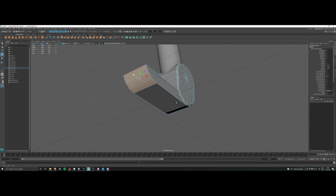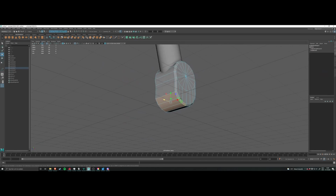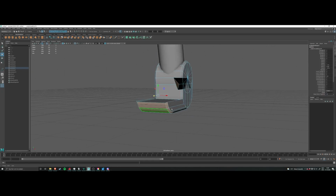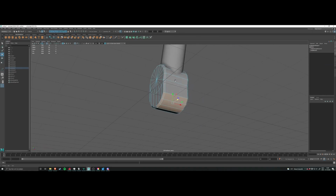Ah, why the hell not? Looks cool. But let me see if I can actually take these ones with me as well. See how that looks. Oh, that actually looks better. Oops, that's not. You always got to watch out that you select just the things that you want to select,